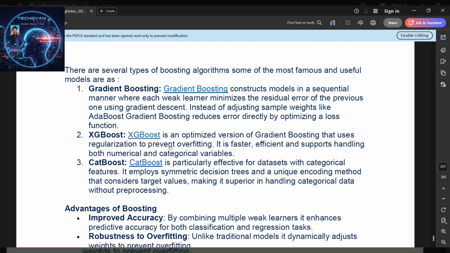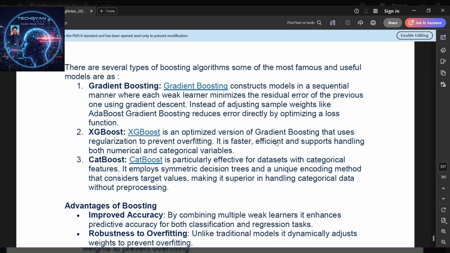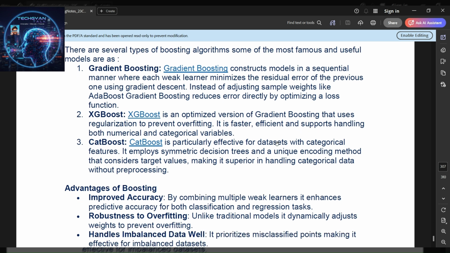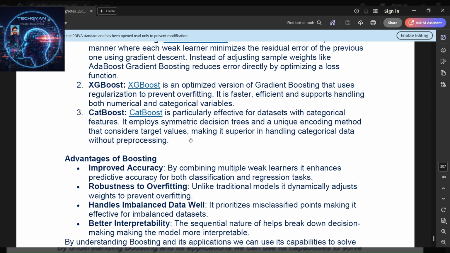XGBoost is an optimized version of gradient boosting that uses regularization to prevent overfitting. It is faster, efficient, and supports handling both numerical and categorical variables. CatBoost is particularly effective for datasets with categorical features. It employs symmetric decision trees and a unique encoding method that considers target values, making it superior in handling categorical